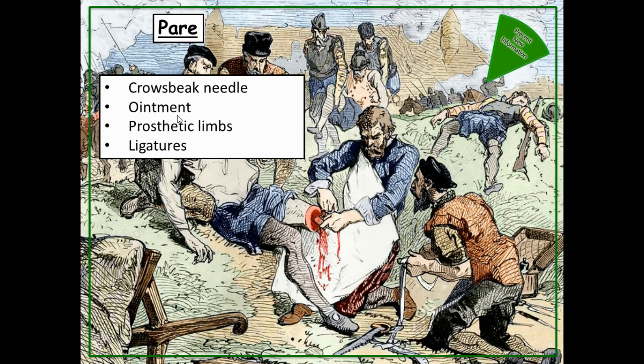And then finally, something that he also worked very hard on to improve the lives of soldiers after their amputations was prosthetic limbs. So they were fake arms, fake legs, fake hands in order to allow the patient to go back to their daily life with a bit more success than they had previously.